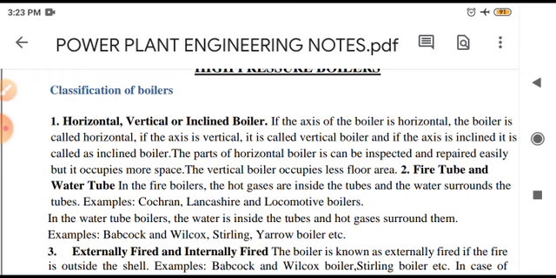Then, improved method of heating. The heat is transferred by radiation along with conduction and convection. The total heat receiving equipment is divided into several parts, so they can easily be located in various zones of the furnace for the most efficient heat transfer to the water. Then type of tubing. A large number of small diameter tubes are used, so the ratio of surface area to volume increases. Then the pressurized combustion chamber, to improve the rate of combustion and thus increase the heat release rate. Pressurized air is forced into the furnace with the help of a forced draft fan, so a large amount of heat is produced in a small space.